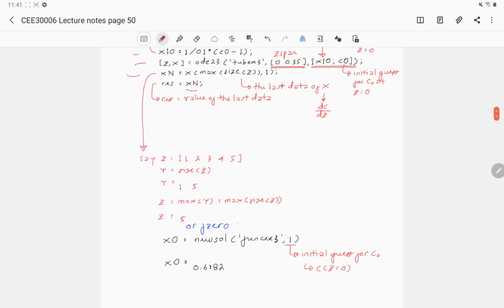You can either use fzero or you can use fsolve here. So here I give a little bit of illustration. If you have Z equal to 1, 3, 4, 5, we calculate the size of the Z, and then Y is equal to 1 to 5, and then Z will be equal to the max of this. So for this particular example, the value of the concentration that gives the derivative at the outlet which is 0 is equal to 0.6182, as shown in your slide.